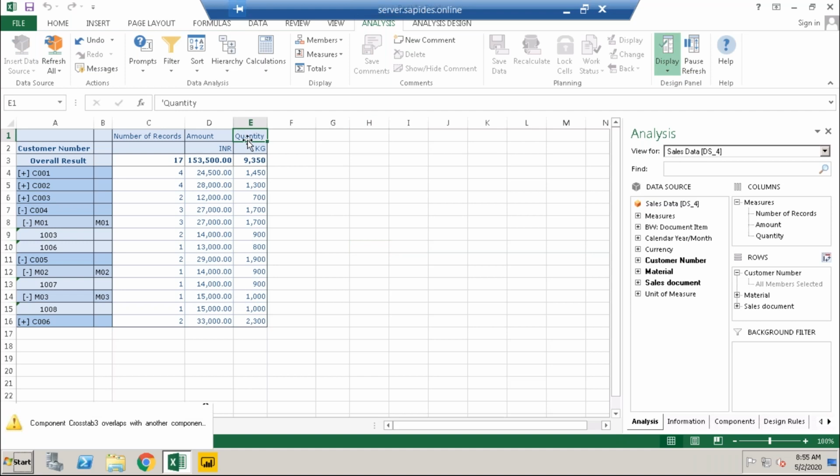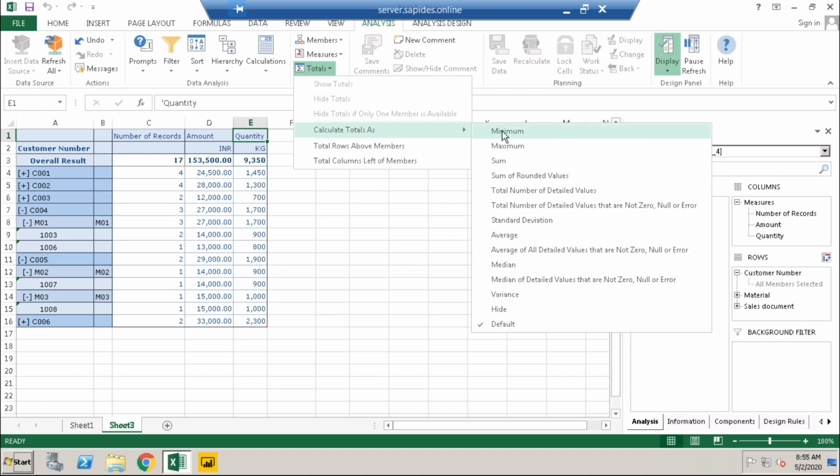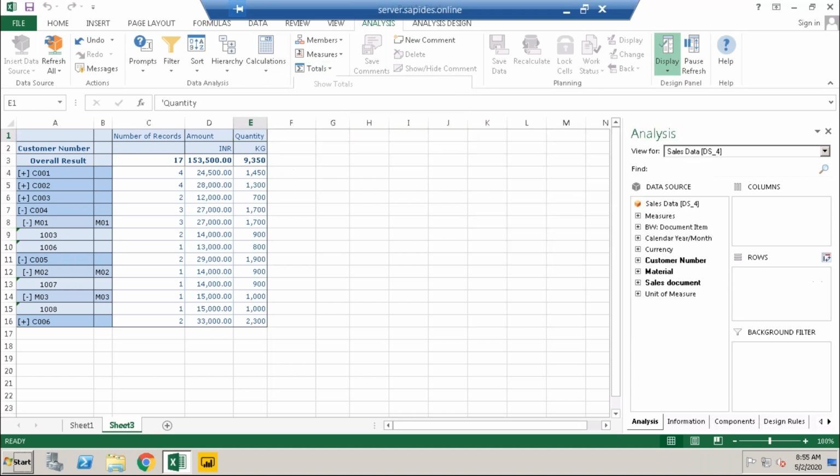And when you select this field, I can do calculations. I can perform sum, calculate a total. I can say total, sum, average, high, all of that you can perform.